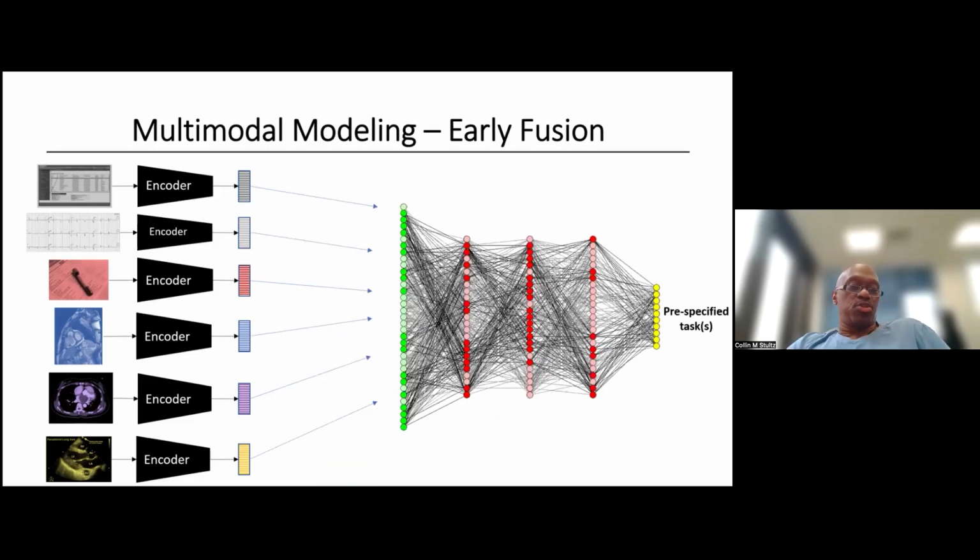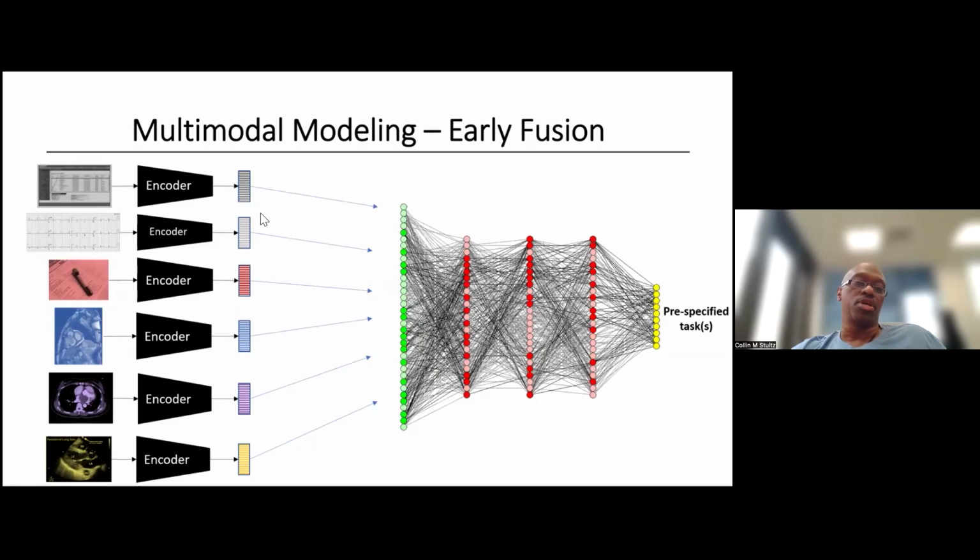The other way is early fusion. So I have these data, I have their representations, and I put all of these representations into some large complex model to accomplish some task. And typically, when I train this model, all of the information backpropagates back through the encoders. So the information within the encoders and the embeddings that are learned necessarily include some information about the relationships within the data that one is using for the task of interest.